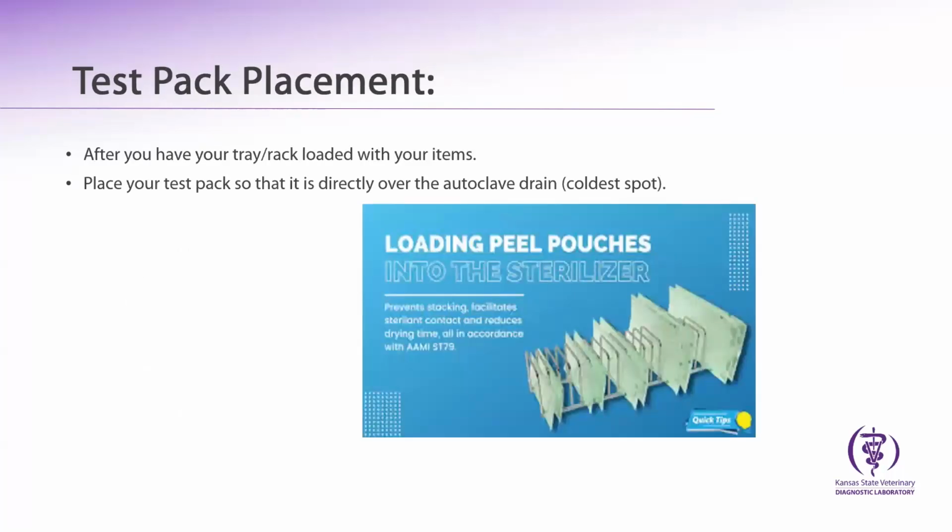So here is a test pack placement picture. After you have your test pack ready, you're going to load it into your tray or rack. When you put your rack or tray into the autoclave, you have to pay attention to where your drain is, because the drain is the coldest spot in that autoclave. That test pack needs to be directly over that drain,